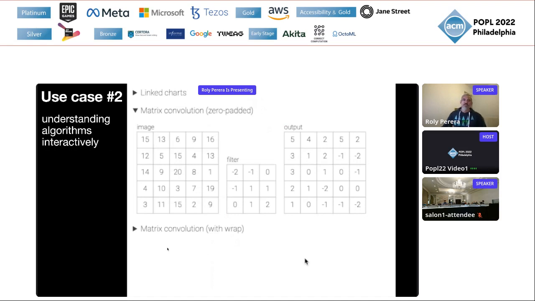Okay, so in the second demo, we're interacting with an implementation of matrix convolution. Matrix convolution is a common algorithm used in image processing, and the idea is to transform an input matrix using a small matrix called a filter or a kernel to apply effects like blurring. So here, if we select a cell in the output, which is this matrix on the right,